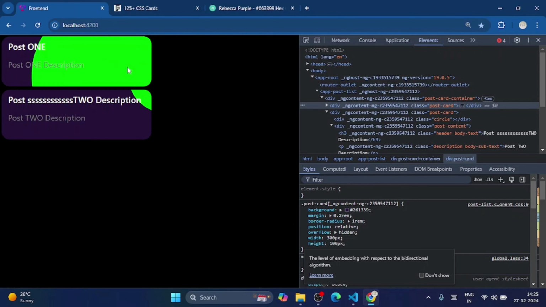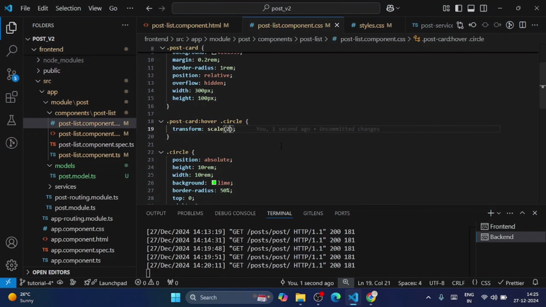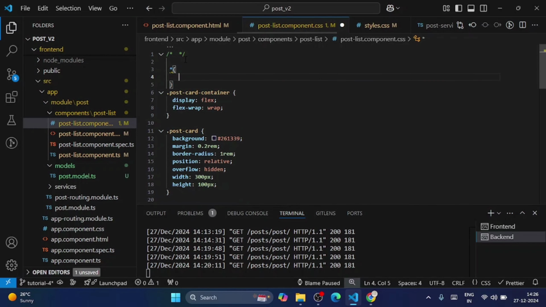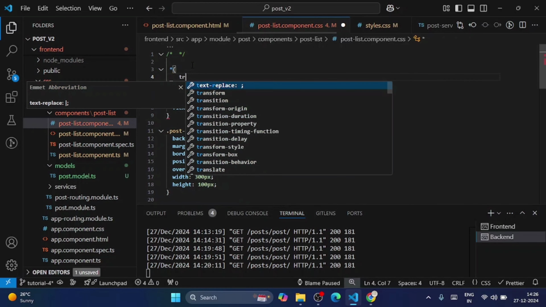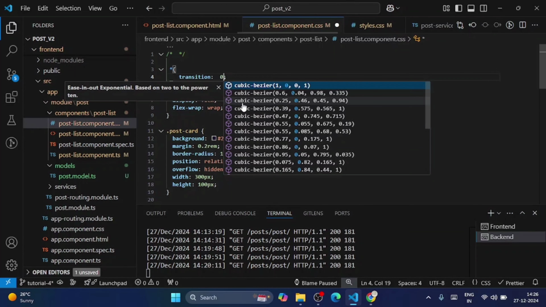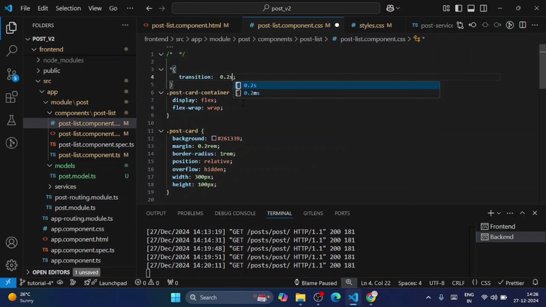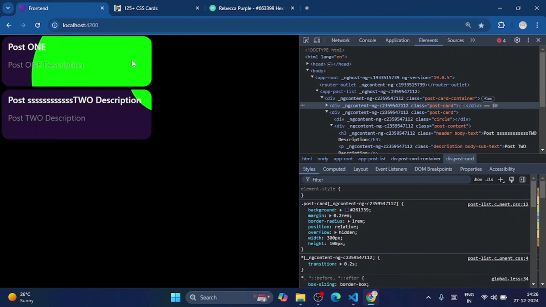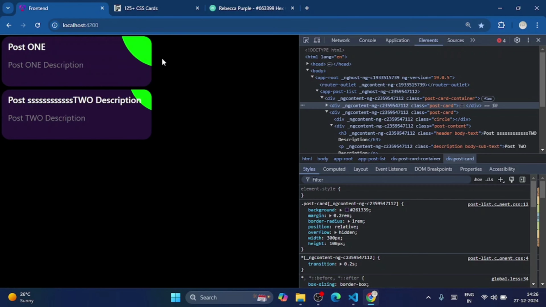Now it is kind of working, but we want some transition. Let's add transition to everything. Transition 0.2 second. Let's see now. Yeah, now you can see it's kind of better,